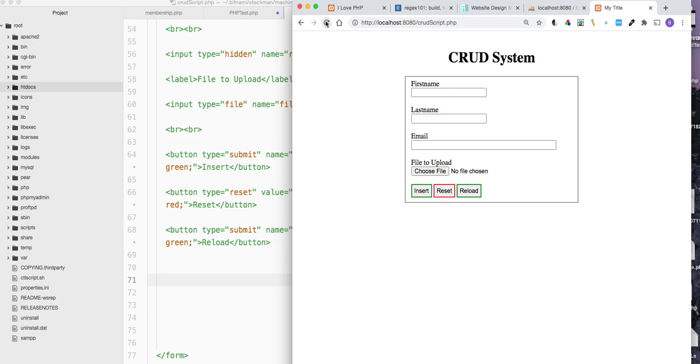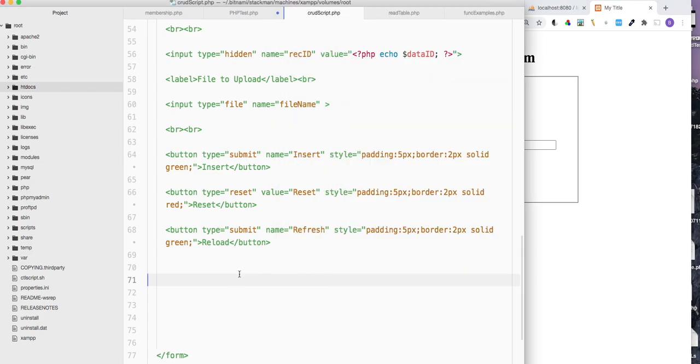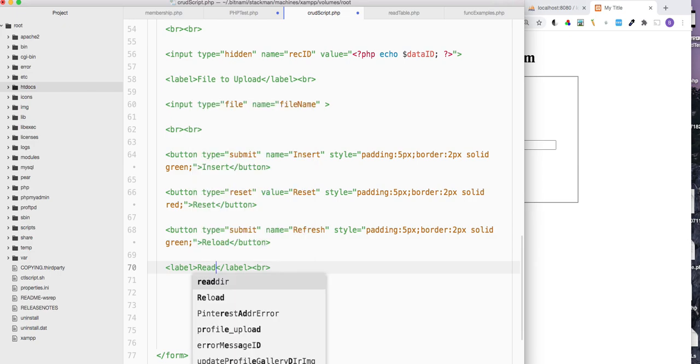So there it goes. Remember, we had the button, but we have more buttons. So how about if we add the rest of the buttons? Yeah, let's do that. So we got the reset. We're going to do the spacing. Let's read. What should we do? Let's take this label, put it over here, and then we're going to add read. It's just a label. Read